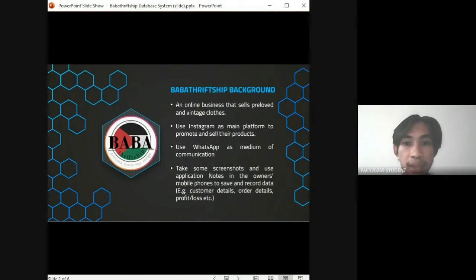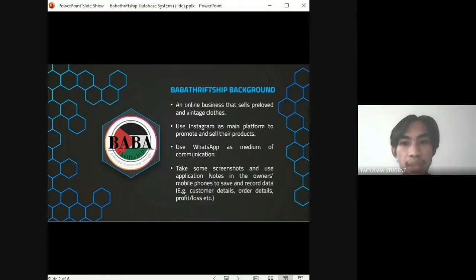The current data management system used by Babathriftship is by using the notes application on the owner's mobile phone. They record and keep data such as the total capital, the total sales, the total expense, and the total profits in the notes.